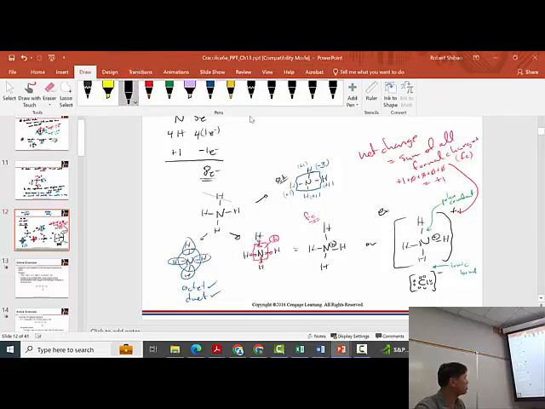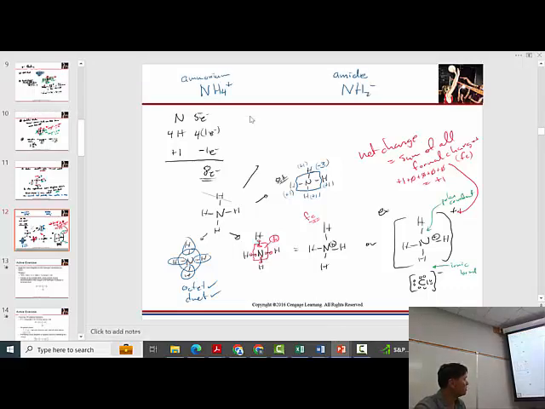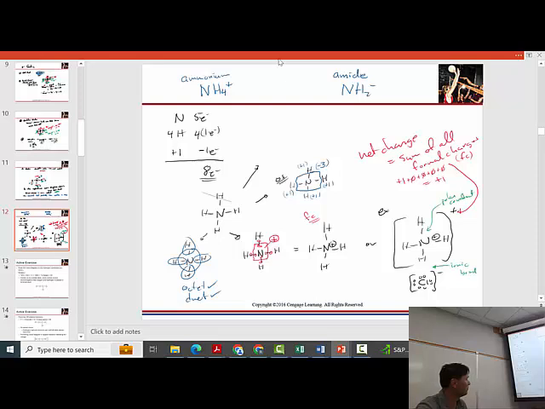The last one is somewhere in between the two extremes. This is the extreme on the left, this is the extreme on the right, or vice versa. And so what we want is some kind of compromise here. Nitrogen's charge is going to be between +1 and -3. So it's going to be delta minus where delta plus is. And that's what we end up with, the Lewis structure. In other words,